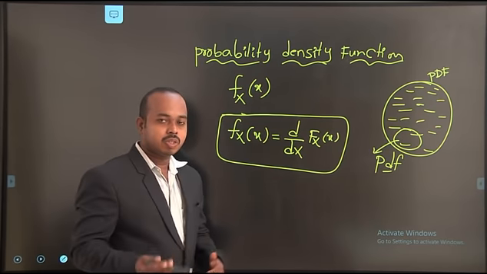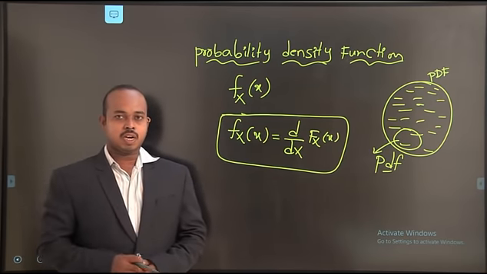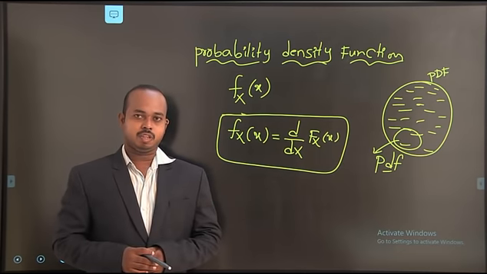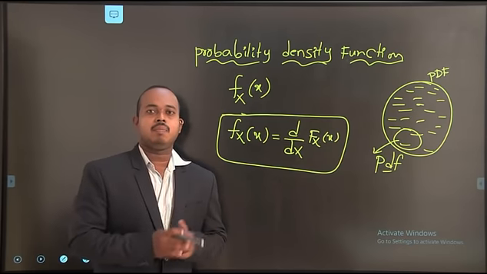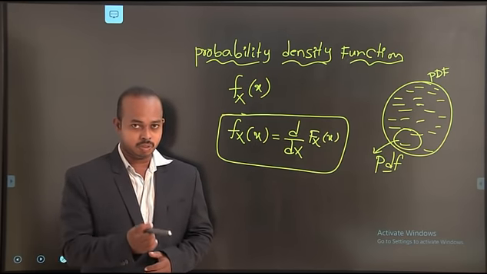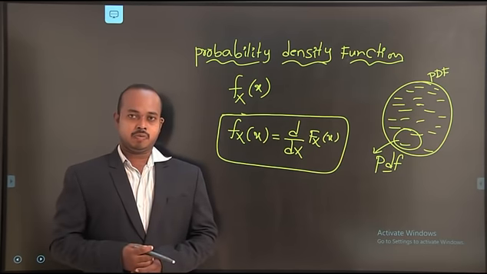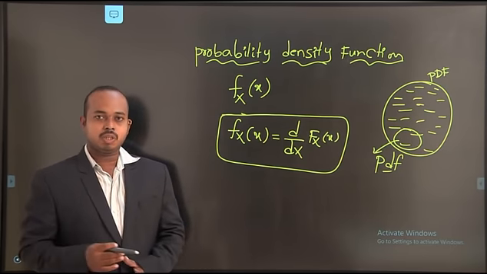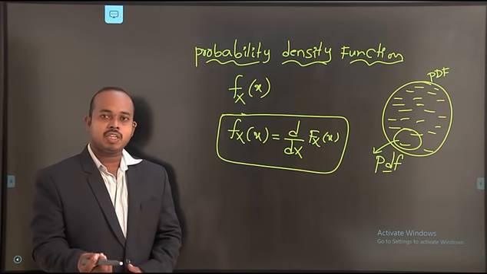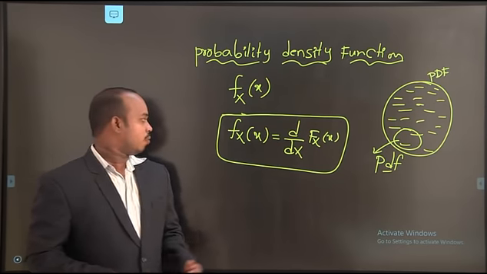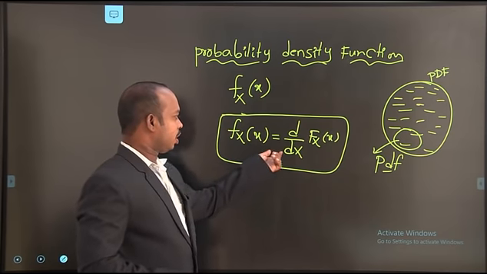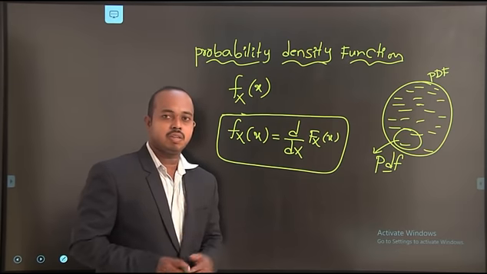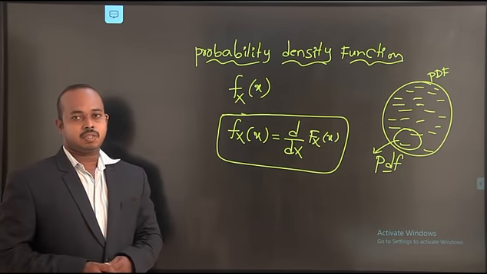I am repeating once again. The density function we are defining on a distribution in a small quantity of area. In a small area, how many elements can exist on a distribution function is called the density function. We define the density function on a distribution function by taking the derivative with respect to x. The function is f_X(x) = d/dx F_X(x). This function is called the density function.